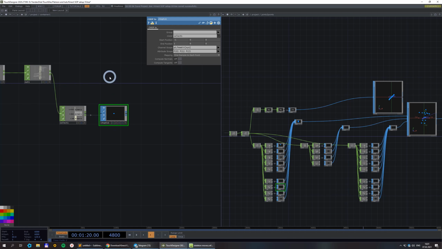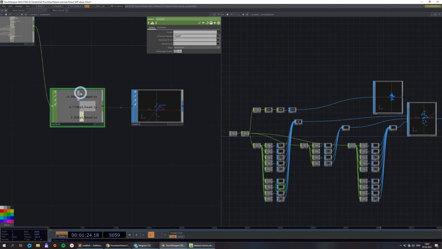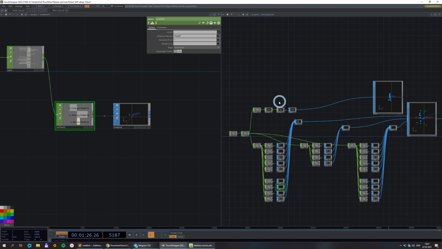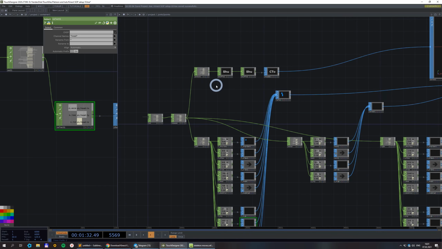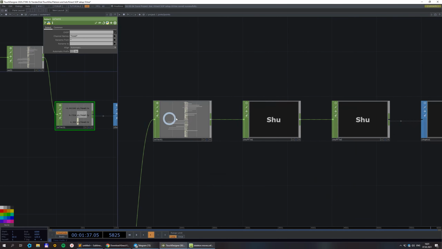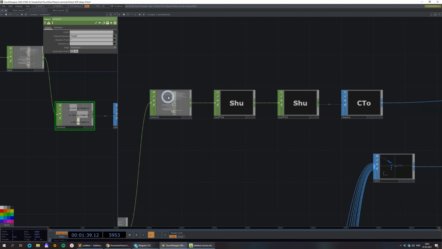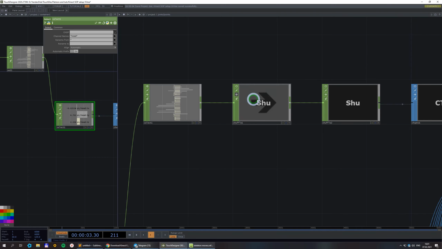And you could repeat all of this for every joint. The other way, and that's what I did here, the other way of doing this, and maybe you think it's better, is to select all the necessary channels, shuffle them